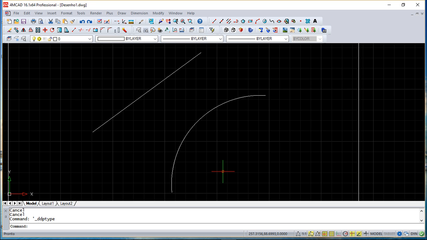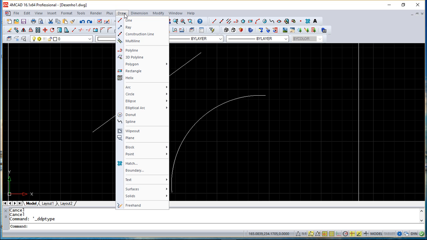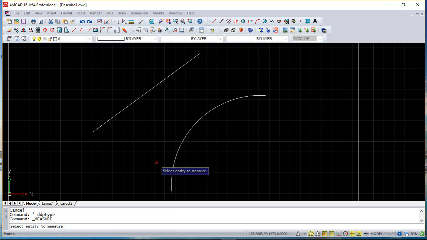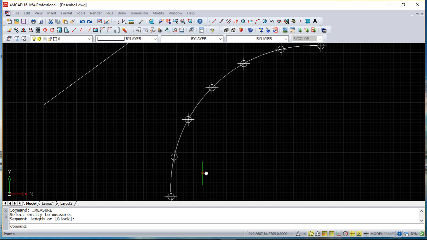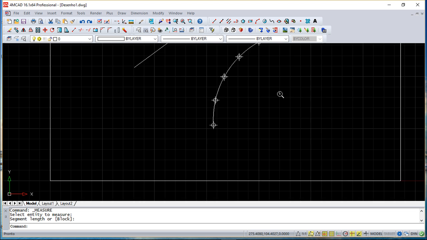First one, the measurement command. So menu draw, then point measurement, and this is used to have the length on top of entity. So measurement, and now what entity we want to work with, and let us say that I want a measurement of 30, and you'll see starts here. Sorry, starts on the other side,